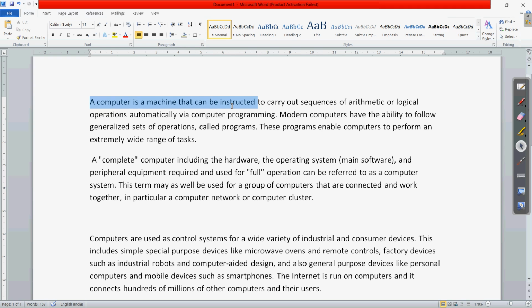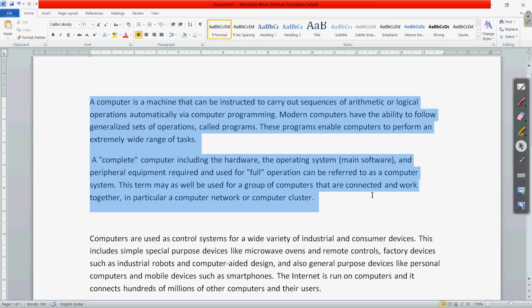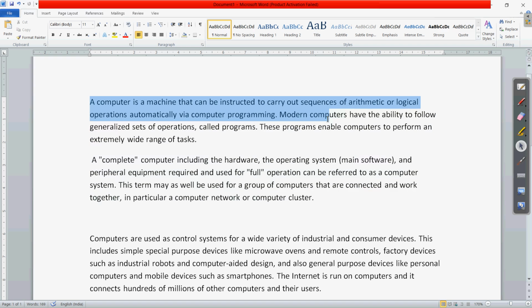We are selecting more than one word, and while we are dragging it, it keeps on increasing. Clear? So whatever the area you want to select, only keep on dragging the mouse, and the text gets selected. So this way we can select a particular section or the number of words you want to select, and when you click outside, it will be deselected.